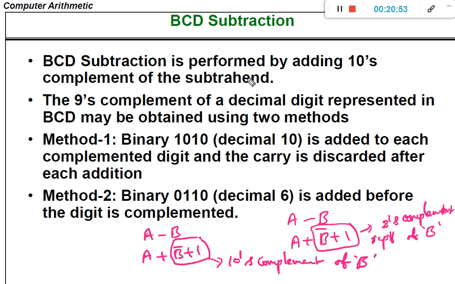So BCD subtraction is performed by adding the 10's complement of the subtrahend. The 9's complement of the decimal digit represented in BCD may be obtained using two methods. To get the 10's complement value, first of all we need to convert B into its 9's complement and then add 1. So the 9's complement is determined using two methods. Method number one is